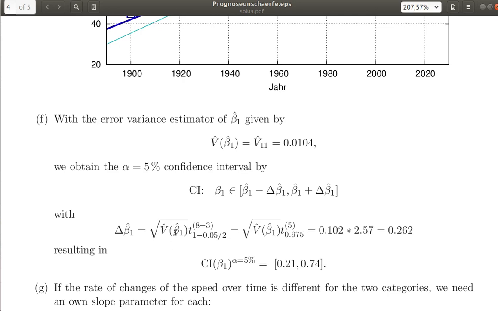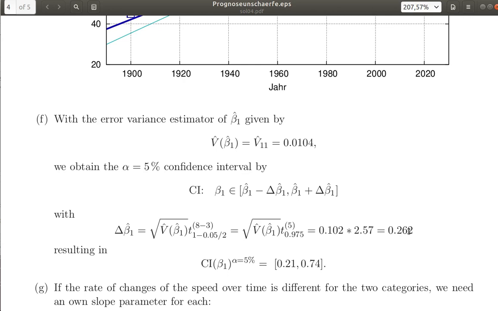So this is the square root of a diagonal term of the variance covariance matrix, of 1,1. However, watch out that 1,1 is not the first element but the second, because the indices start with v0,0 for the intercept beta 0. So if we do the math, the square root is 1.102, and then we get the half width of